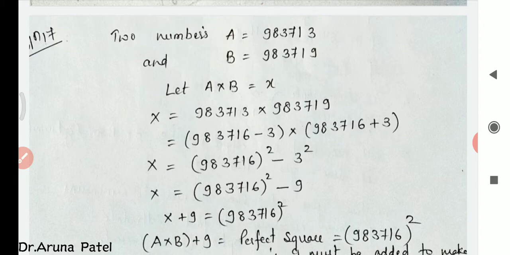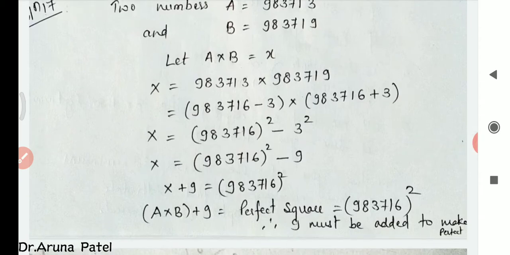You know that the initial five digits are exactly the same in these numbers. So 983713 can be written as 983716 minus 3. So we have to change the number. Similarly, 983719 can be written as 983716 plus 3. So you remember the basic identity, a minus b and a plus b, equals a square minus b square. So you have the a number same and the b number same. So on keeping this value, 983716 whole square minus 9.